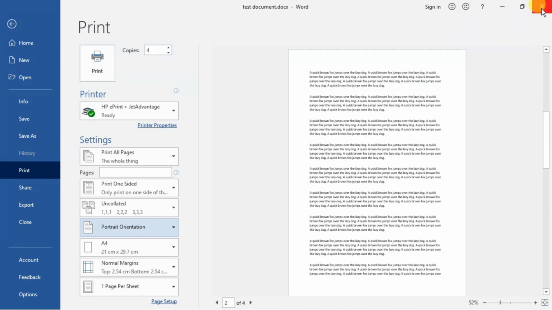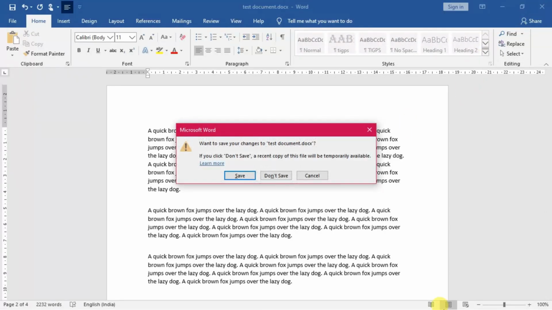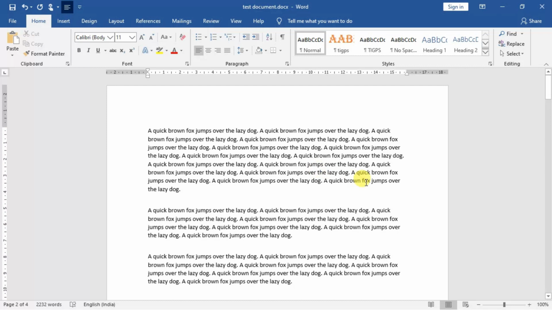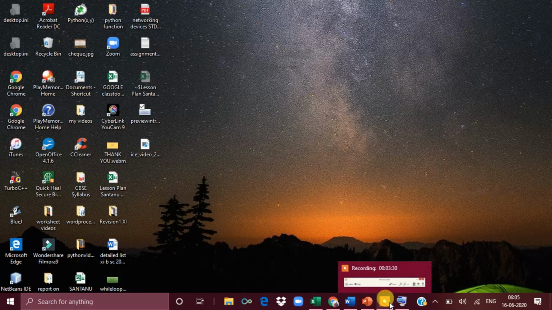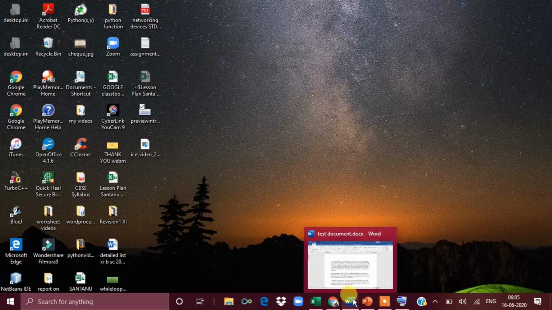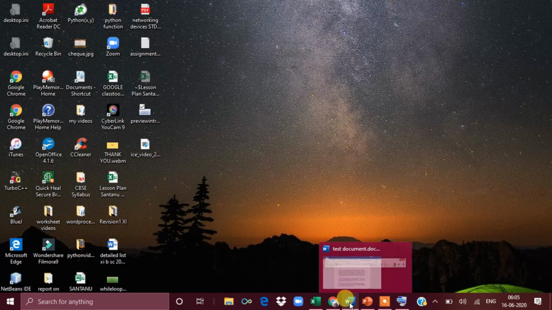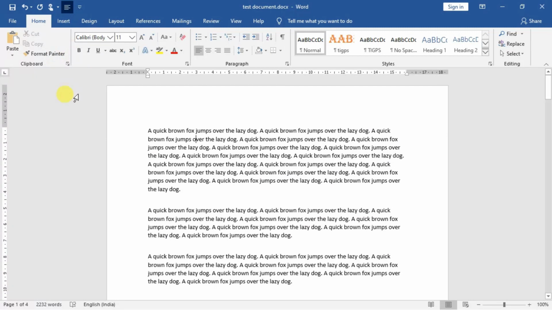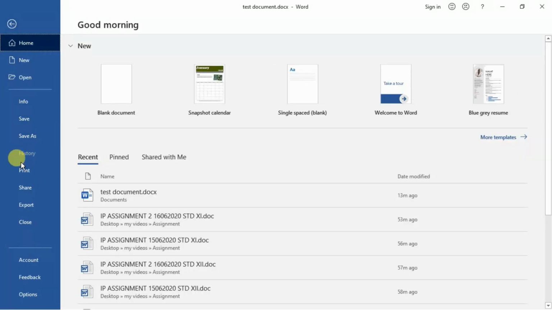Now I'm closing this view, not closing fully, just closing the preview. Once more I will show you how to do the preview. So we are going back over here once again. Let us see where I will go. I will go to print. This is the main option. Control P is the keyboard shortcut, and this is the print.